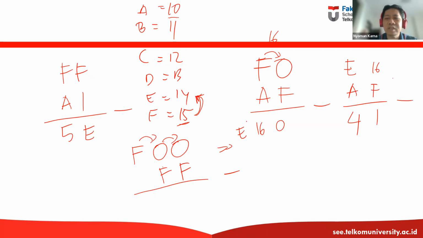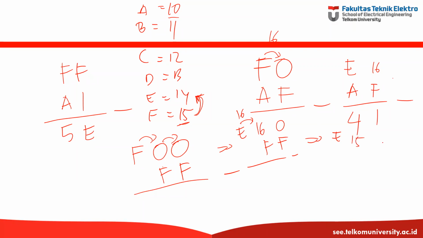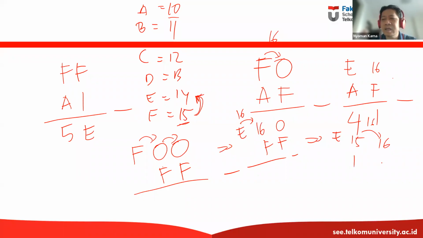This is still 0 because the borrowing value is 16, and then FF. Now you can borrow from me, so it will become E. This will become 15. This will become 16 because the borrowing value is 16. This one is F. Now 16 minus F is 1 because F is 16. Now 15 minus F is 15. 15 minus 15 is 0, and E minus 0 is E. So E 0, 1 is the result.